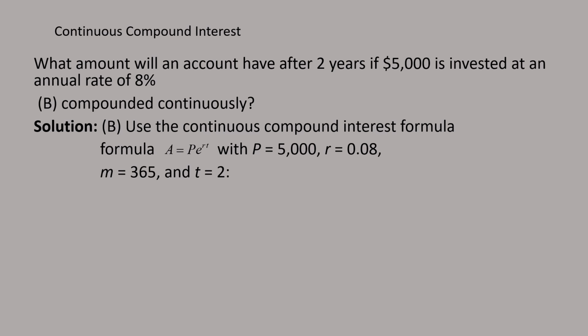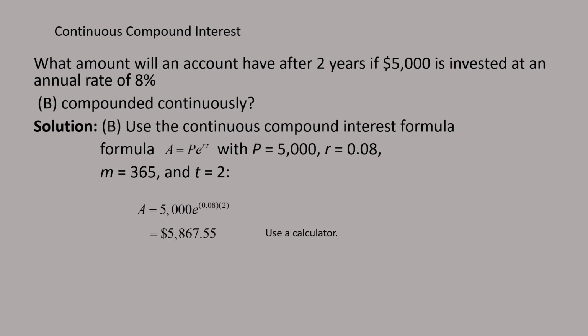Here t is equal to 2. So 5,000 e raised to 0.08 times 2, and we get the A value to be